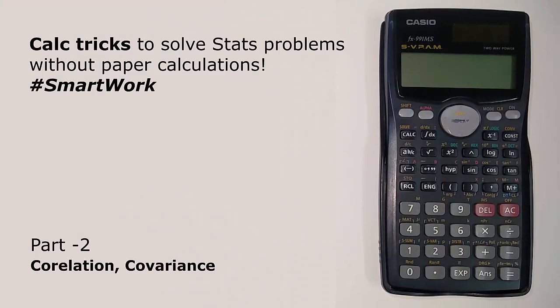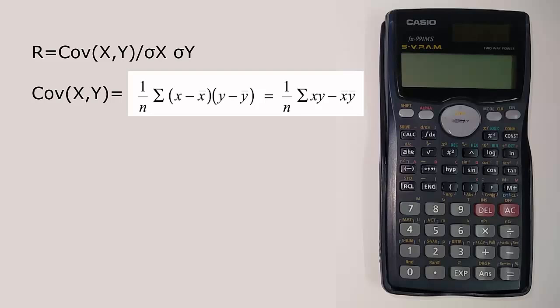Okay, now before we get started, let me tell you what covariance and correlation is. The value of covariance and correlation denotes whether two random variables, say for example x and y, are related or not. To calculate correlation, we first need to find covariance. Now the covariance formula is given on the screen. Now the correlation formula, which is below the covariance formula.